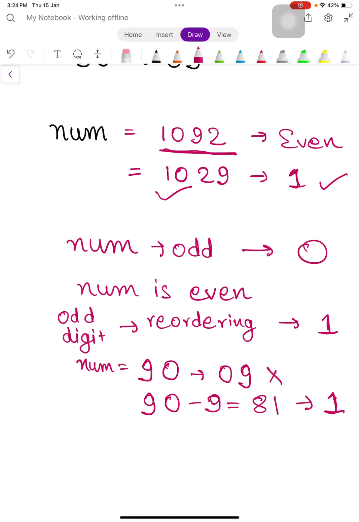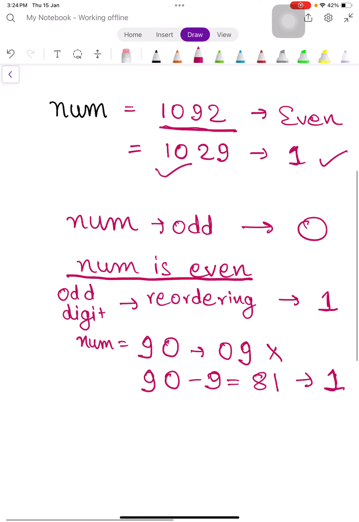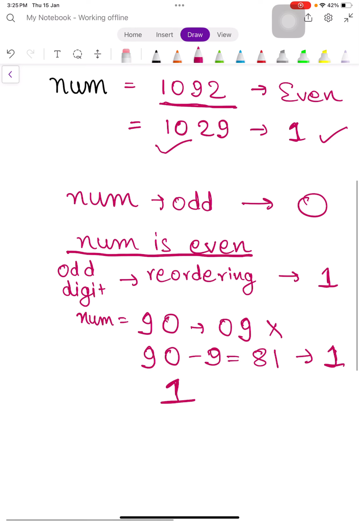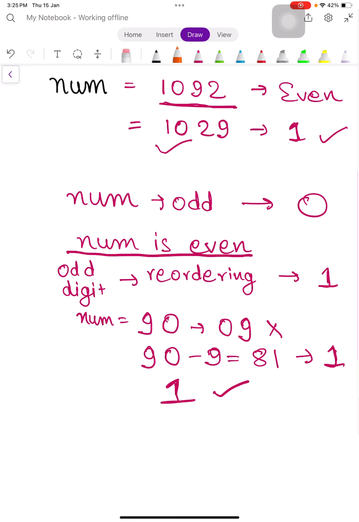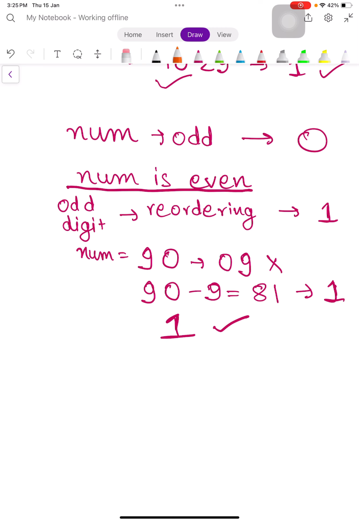So ultimately, if the number is even and I'm getting any one odd digit inside that even number, I will directly print 1, right? This is clear. Now the other case could be if the number is even and